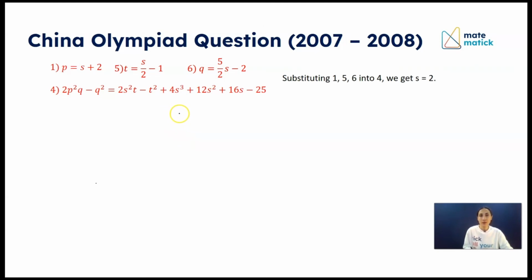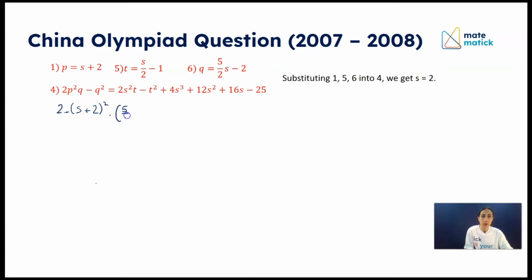Okay, now we know P, T, and Q in terms of S. Now we are going to put these values in this fourth equation. So let's begin. Here, instead of P, I'm going to write 2 times (S plus 2) squared times, instead of Q, I'm going to write